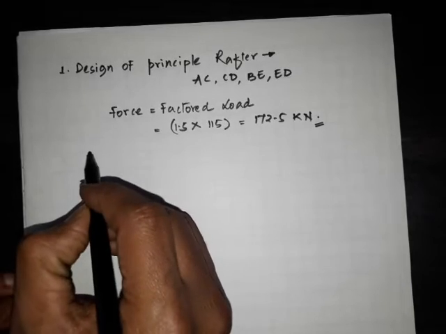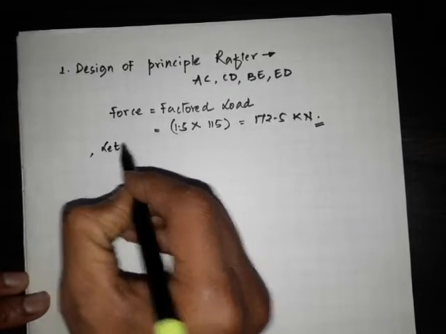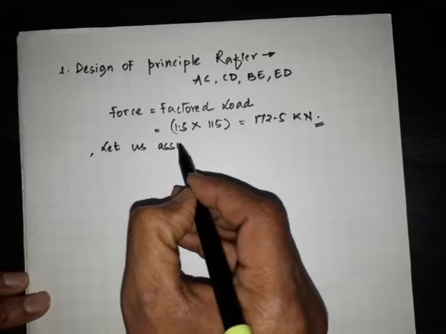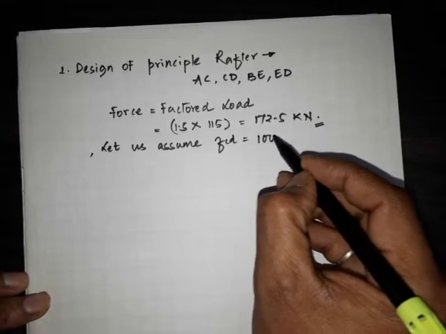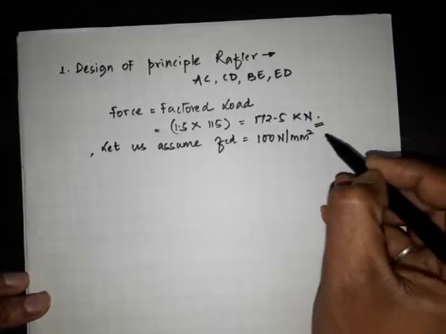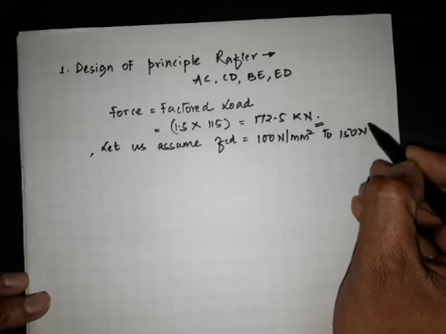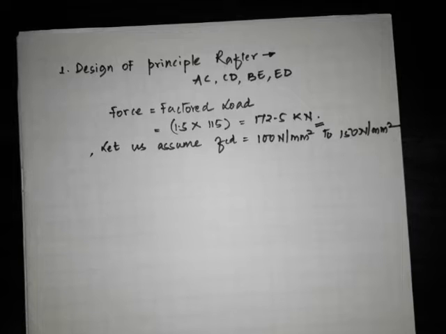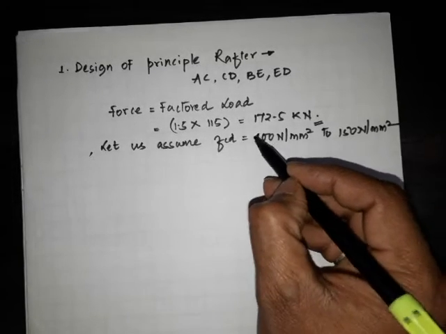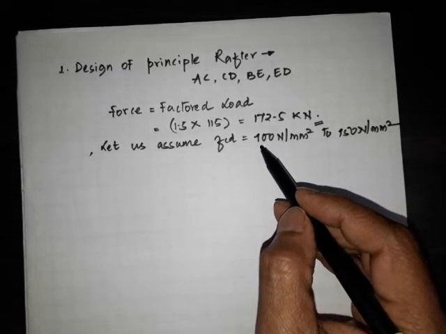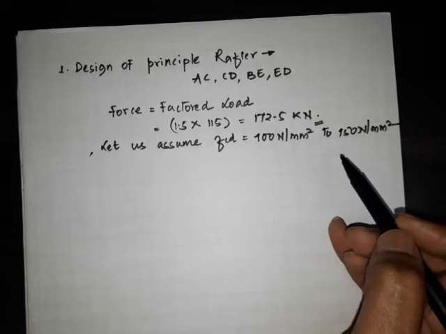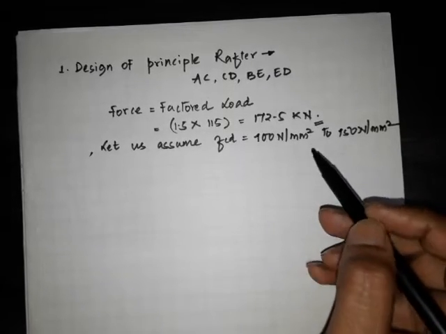Okay. So for that, let us assume FCD. So we have to assume 100 Newton per mm square to 150 Newton per mm square. You can assume 100 to 150 Newton per mm square. This is again with respect to the thumb rule. Okay. So even you can go for 90 or 80 Newton per mm square on the higher side to get the maximum area. You can reduce to 90 or 80 Newton per mm square also. Okay, so we'll adopt 100 Newton per mm square.